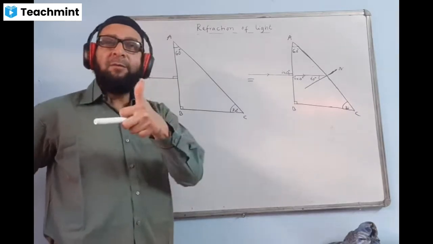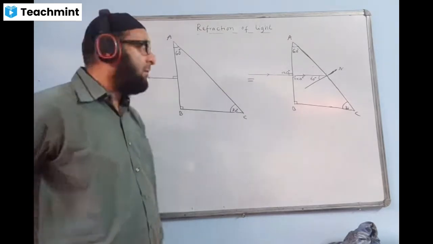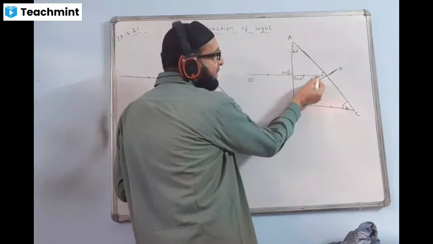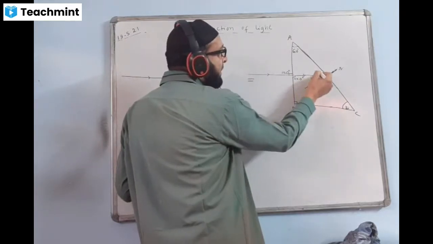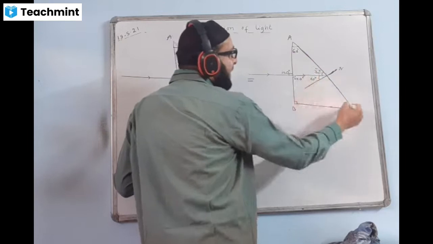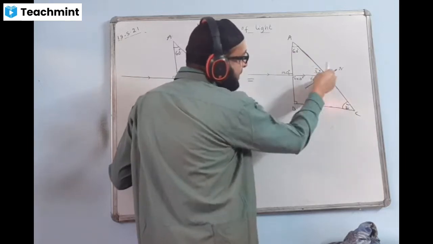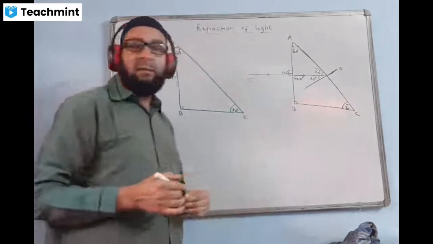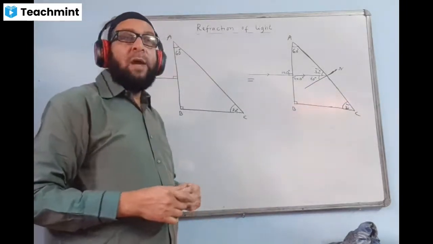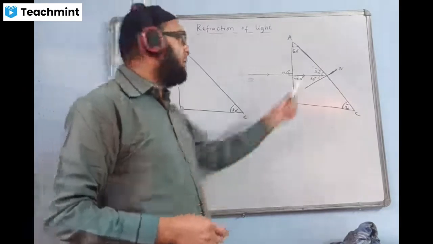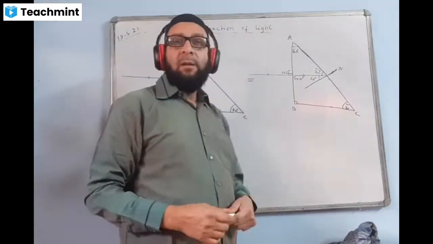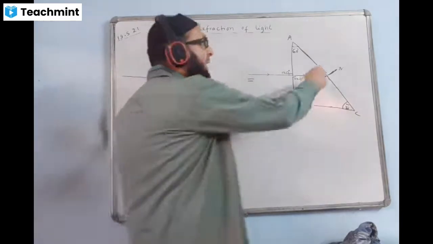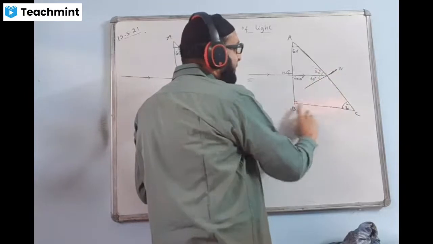Yeah, very good. It is going to make a 120 degree angle. Very good. How is it going to make that? I'll calculate this angle first, because this whole angle is 90. This 90 minus 60 will come to 30. So this angle and this angle will become two angles of a triangle, because there is turning now. So this angle will be equal. When two angles are known, we can always find the third angle. So 30 plus 30 is 60. 180 minus 60. The answer is how much? 120 degrees. That is, this ray is making an angle of 120 degrees with this line, BC line.